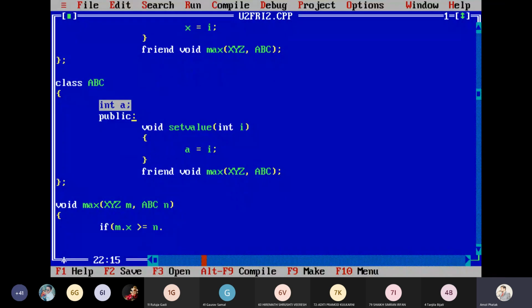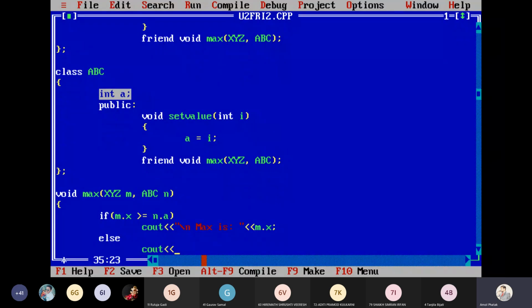So I use M dot X is greater than or equal to N dot A. Then I will display with cout: max is M dot X. Else, the maximum is N dot A, so I write max is N dot A.